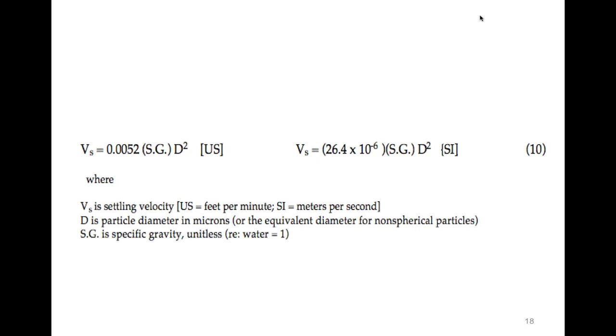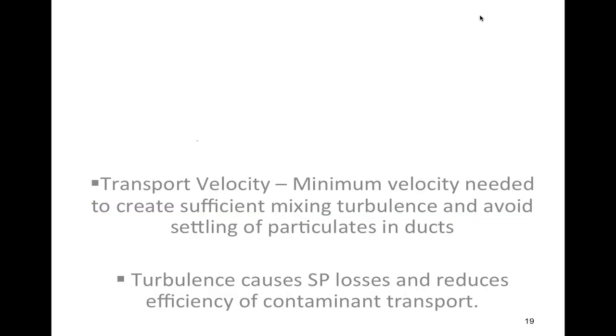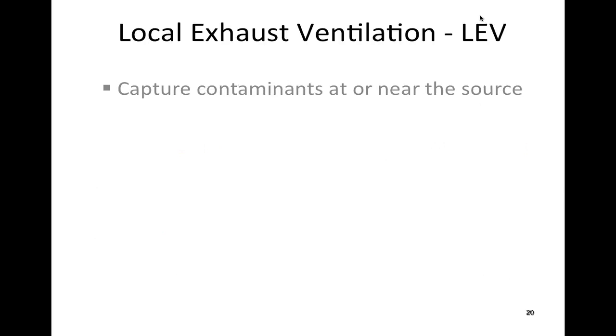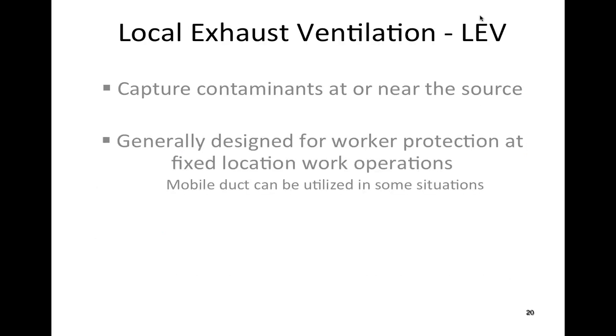But notice that D, the particle diameter, is squared. Changes in the diameter have a much bigger influence on the settling rate of the particle than the actual density of the particle has, right? Because that property is squared. Okay, and this is just another formula that we're going to be able to apply. But you understand why we're so interested in that particular property, because a lot of times we want to capture these things. A couple of definitions.